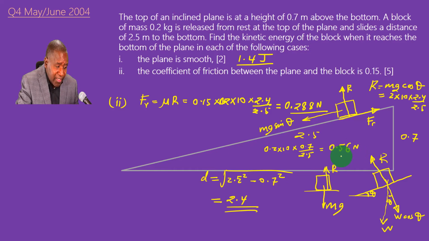0.56 newtons. If I left the friction force to be that odd value that I had gotten when I made the mistake of using 2 kilograms instead of 0.2 kilograms, I got 2.8 newtons. You can see that the friction force would have been greater than the force which is trying to move it down the incline. And I'm telling you there is no way friction force can be greater than the force which is trying to move it,